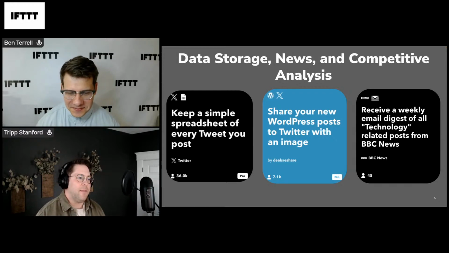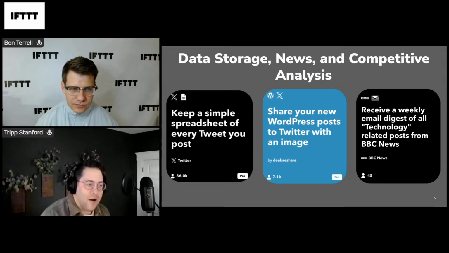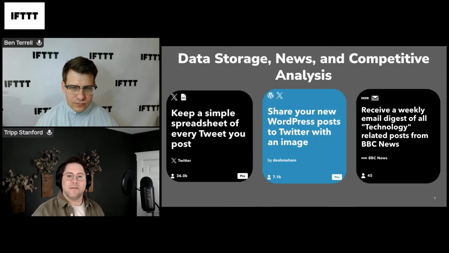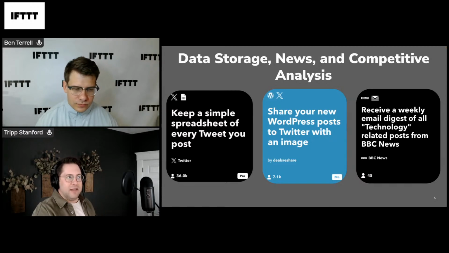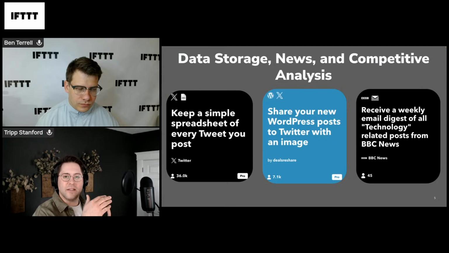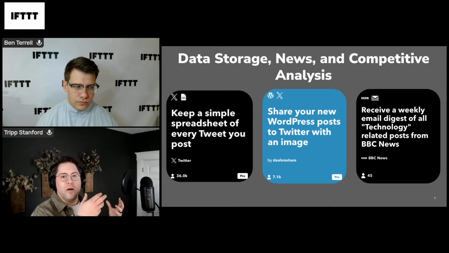So, all right. These are just different ways you can use our social media automation platform. A lot of people, almost 36,000 people, like to keep a data set, so basically use Google Sheets as their storage. And then whenever they post a tweet, it automatically gets added to Google Sheets. So then they can see almost a historical database of all their tweets and see what content they are producing and